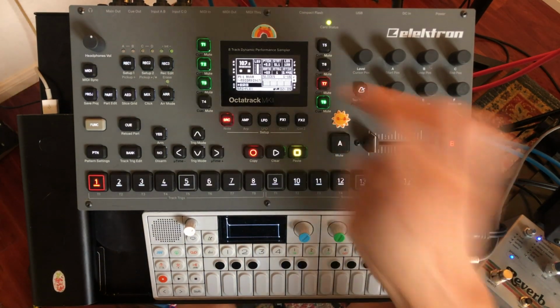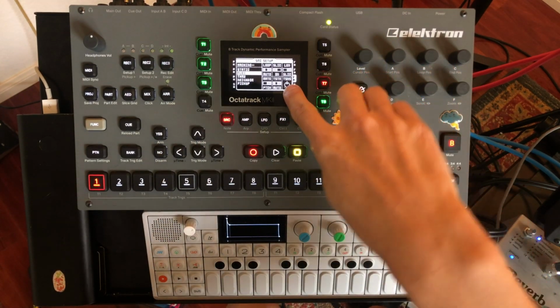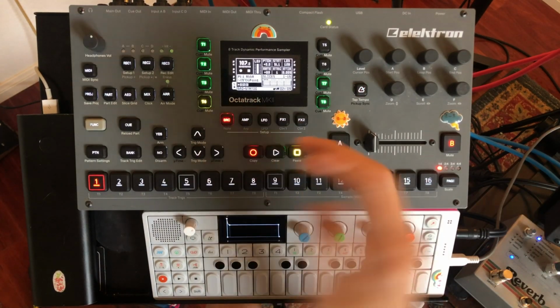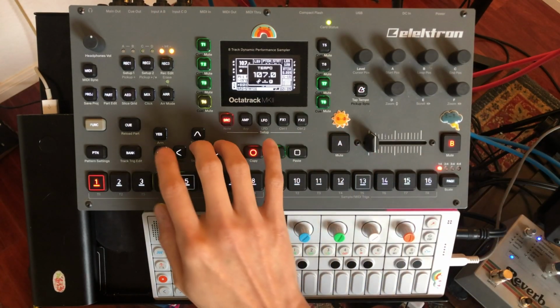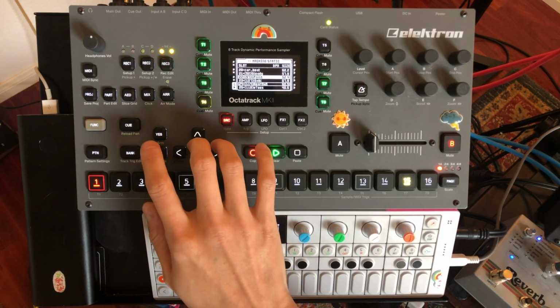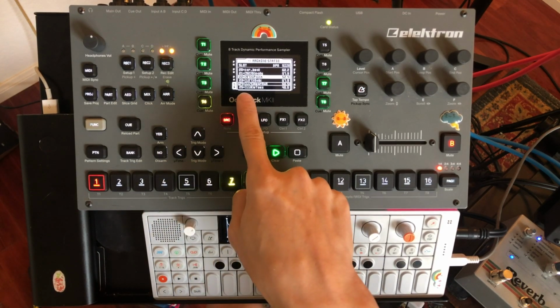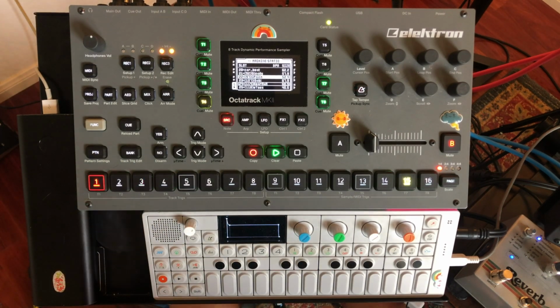Additionally, if you record something to one of these record buffers, and as long as you have your time stretch set to on or auto, now you have a time stretched version of this track. So we're at 107. Say we've been planning on switching to Hear My Mind, which is at 114, and it's basically pattern 4 within the same bank. So I'm about to switch to pattern 4,